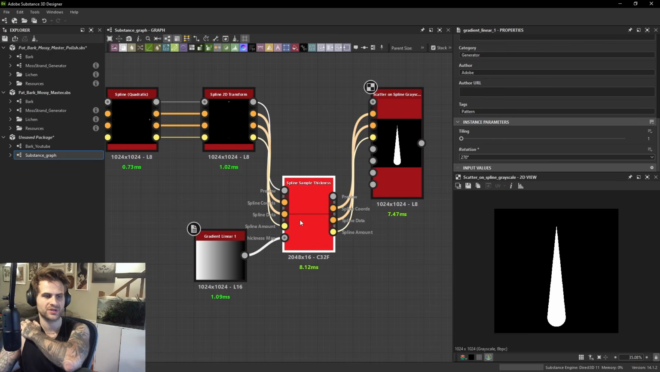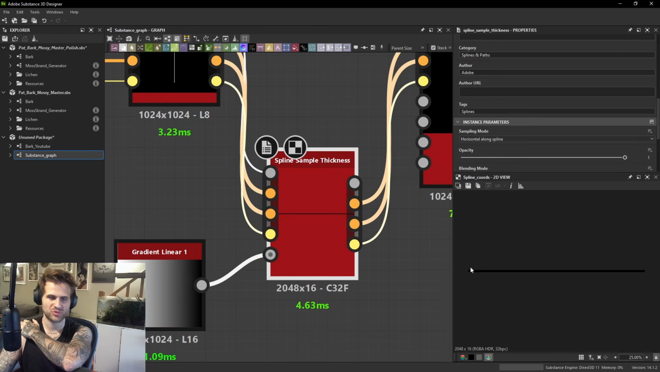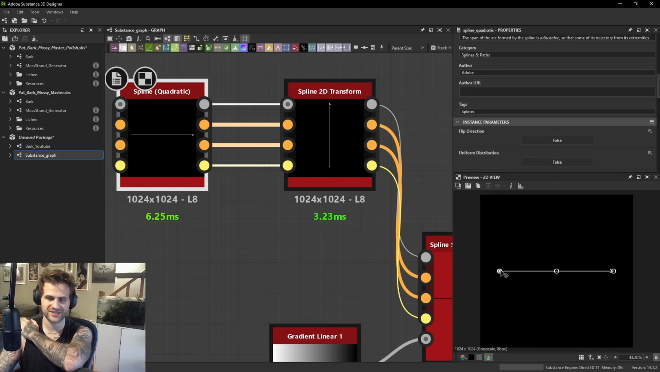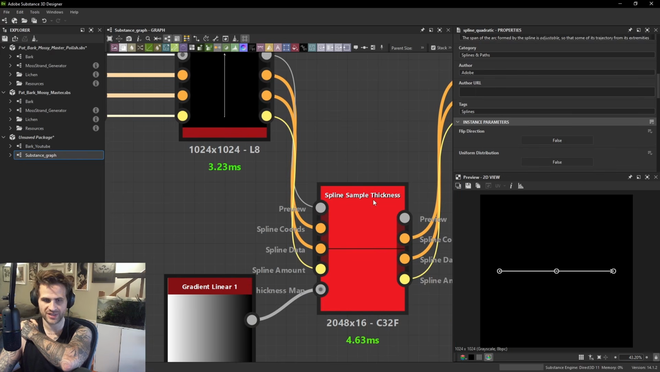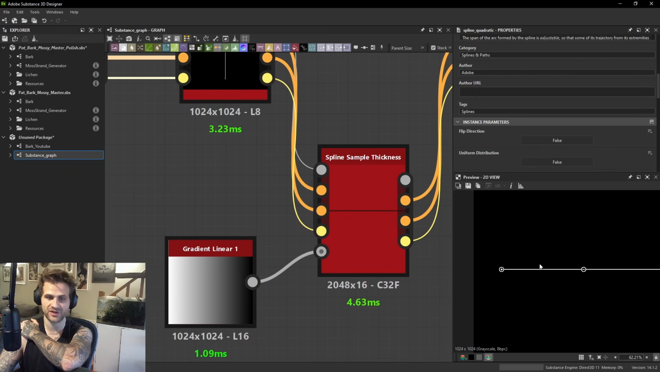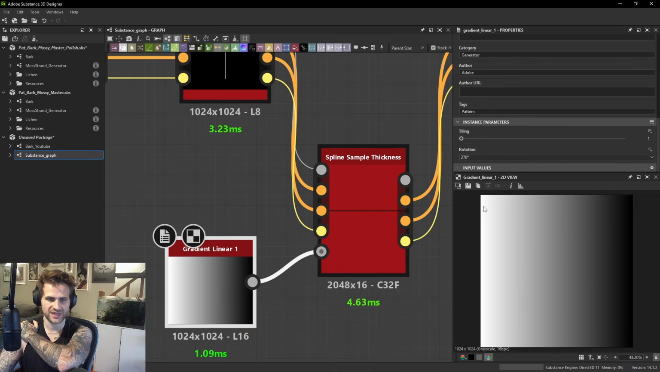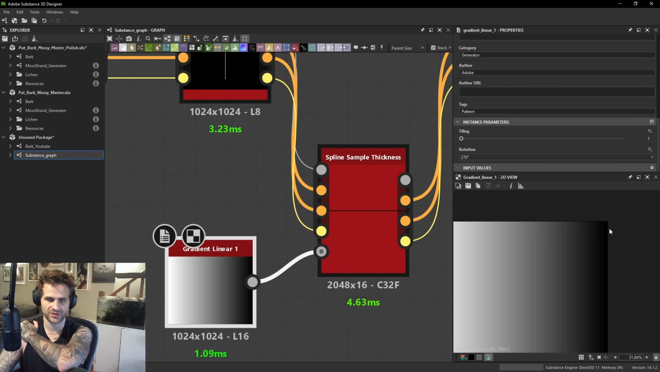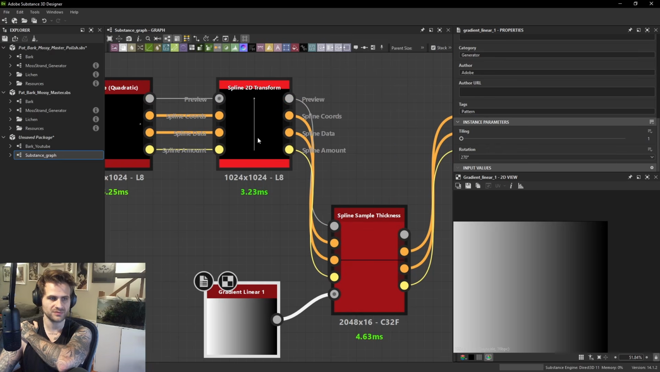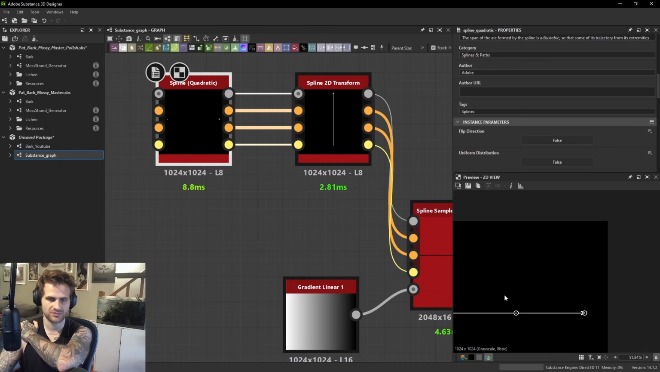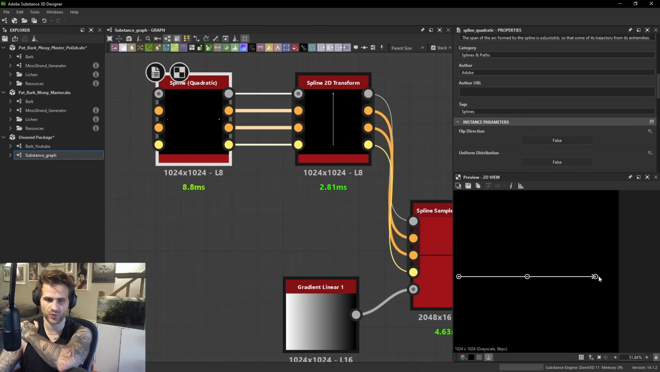So why is this working? Basically, you can think of the spline as having a thickness attribute that is at some value along the whole length of the spline. Putting in a spline sample thickness is what will allow us to specify what that value is at different points along the spline. So when we switch the sampling mode to horizontal along spline, it's going to look at this texture and go, okay, you're 1 over here and 0 over here. So it'll take the spline, the length of it, and put 0 here and 1 at the other end,